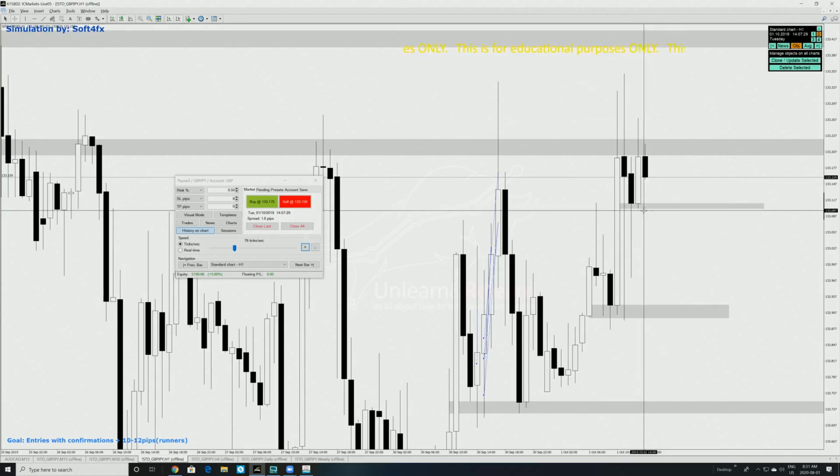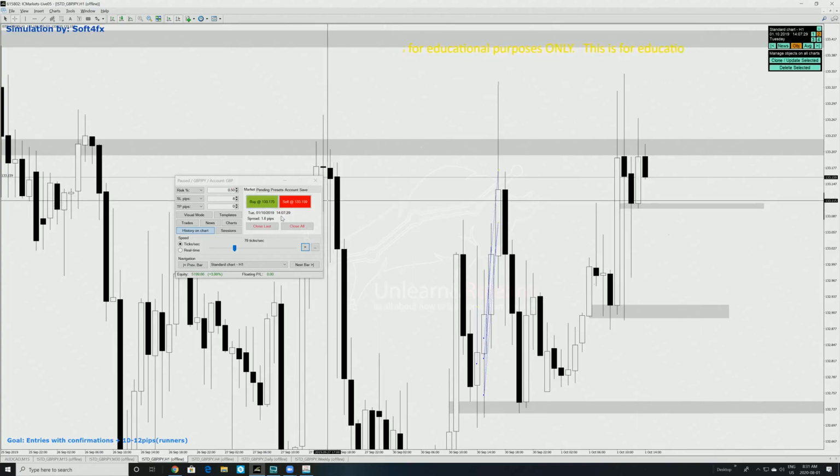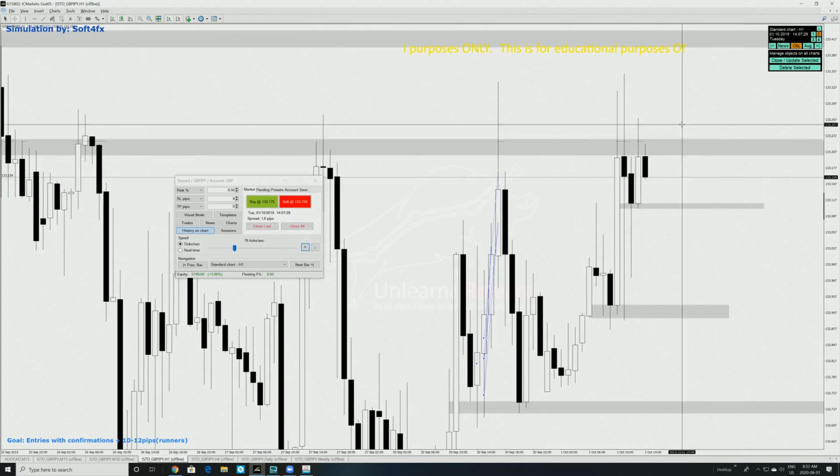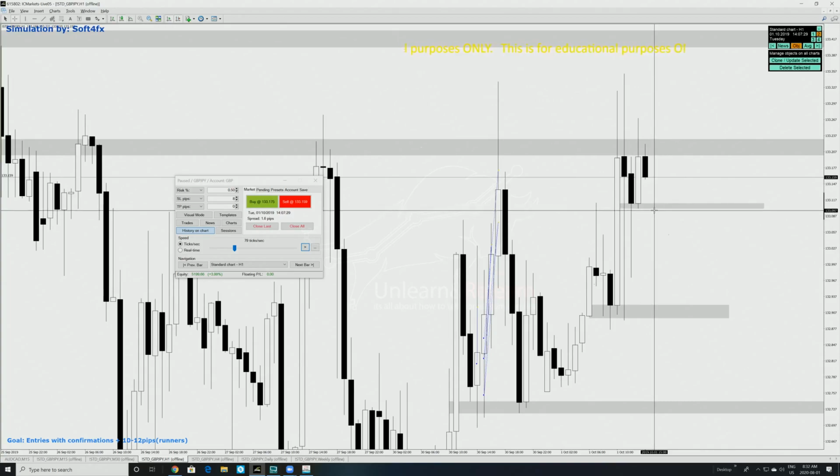So at this point, now we're looking at two things, right? Since we're moving into a high volume time right now, the pre-New York session, we may want to see price break above this area, maybe break above this wick to continue up, or maybe break below this area to continue down. If price breaks below this area here, you could get an impulse entry for sells and have stops above the wick of the previous candle, or if we break above this wick,